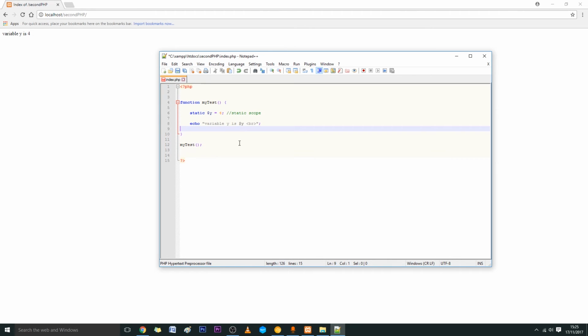Okay, let's say if we increment this, increment means that we are adding one each time. So if we increment,